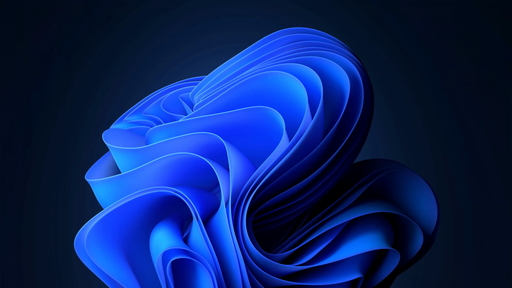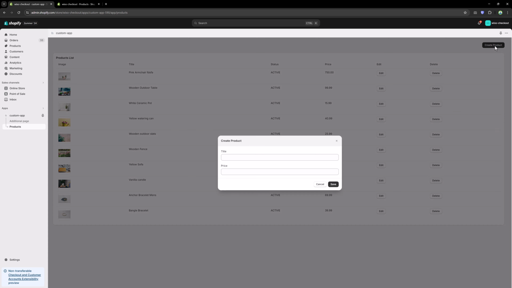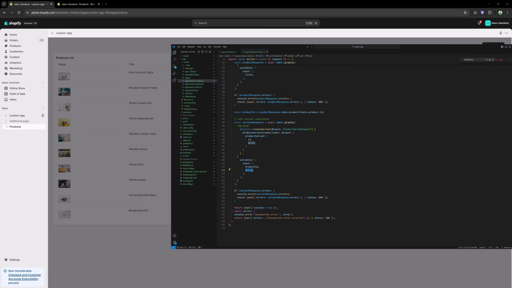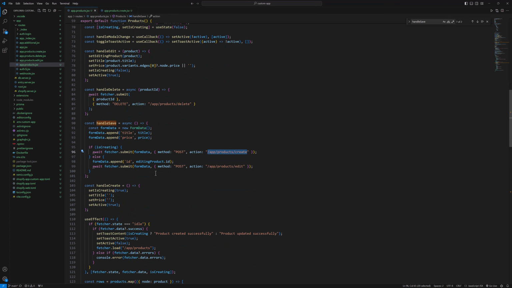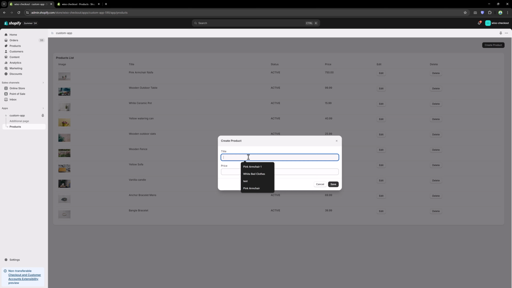So if I go here, as you can see, we have a button, and if I click on this button, we have the title field and the price field, which is coming from here, from the modal. This one, the modal price and the field. And if I type new product from custom app, then price, let's say 100, save this,